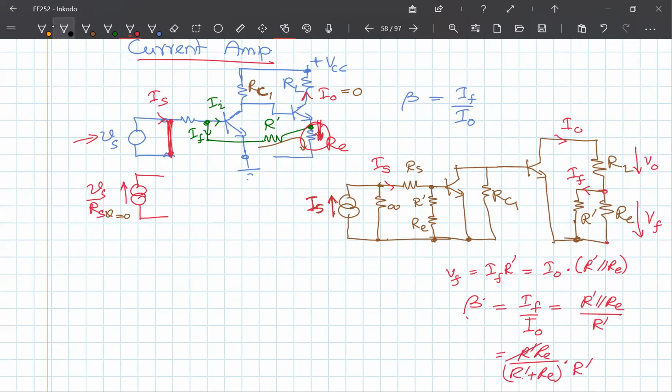Okay, so get this out. The beta will be equal to RE over R dash plus RE. So that is my feedback. Okay, so the beta is equal to RE over R dash plus RE. Let's say we obtain that. And A,